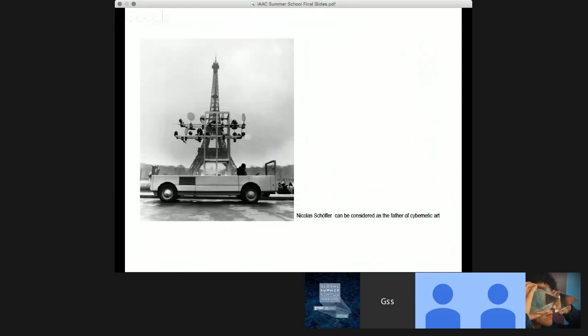Born French artist Nicolas Schöffer can be considered the father of cybernetic art. All of his creations are done in pursuit of dynamism in art. This interest in artistic dynamism was originally initiated by the Cubo-futurists and then intensified and solidified by Russian constructivist artists. All these artists were concerned with opening up the static three-dimensional sculptural form to a fourth dimension of time and motion. This was the intention of Schöffer as well.